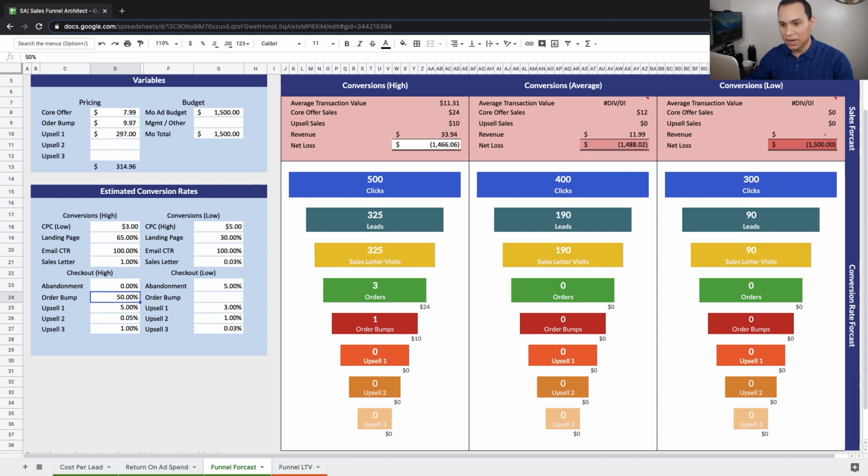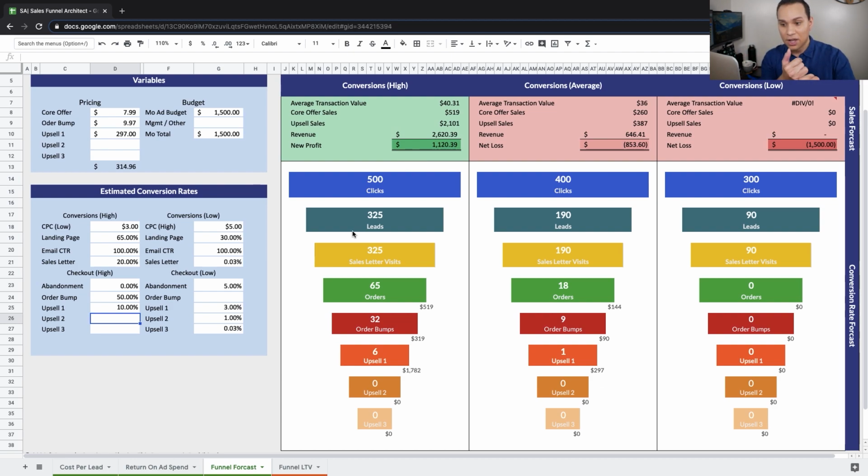We get 50%, right? And then our sales letter converts at, let's go really crazy, 20% for some reason, right? So we convert at 20%, our order bump converts at 50%, and let's halve it at 10% for our upsell offer. And then I'll go ahead and delete these for now. So you'll see, best case scenario, we're getting